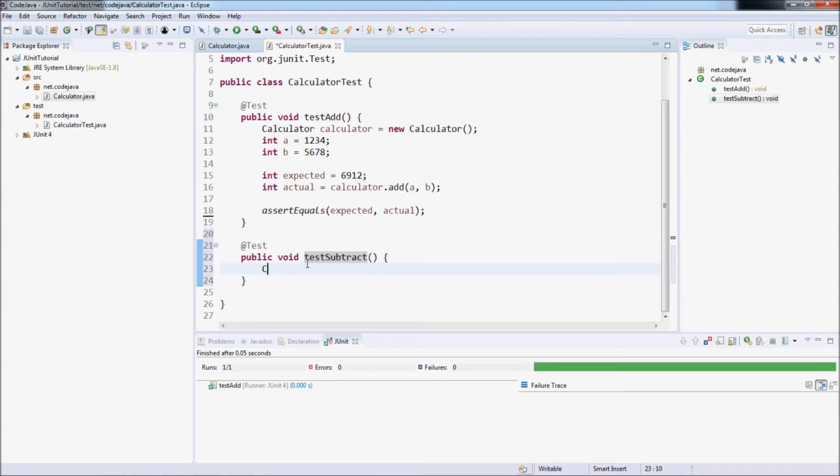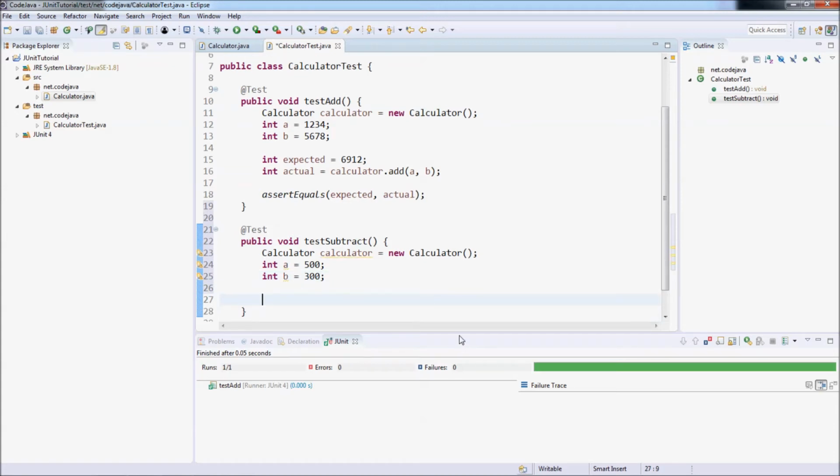Create a new Calculator object. New Calculator. A is 500 and B is 300. Okay,